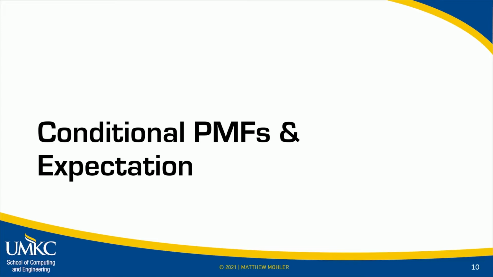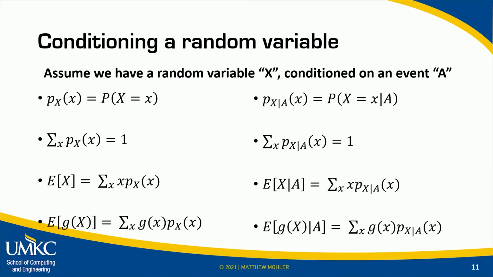we're going to draw a correlation between an unconditional probability mass function or an unconditional random variable and show the equivalent equation for a conditioned random variable or a conditioned PMF. And so there's going to be a lot of equations, but just know that they are all pretty much the same equation, but with conditioning. So the first equation that we can look at here is in the top left, and this is that the